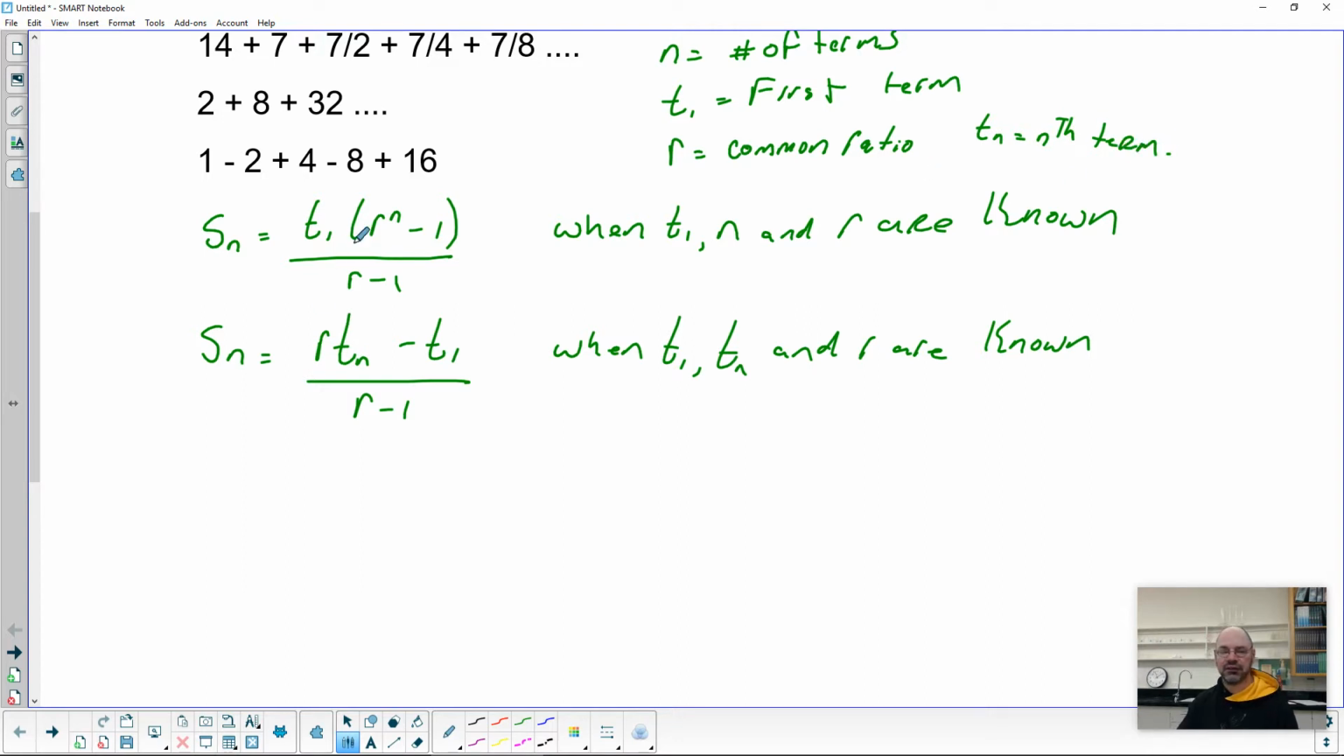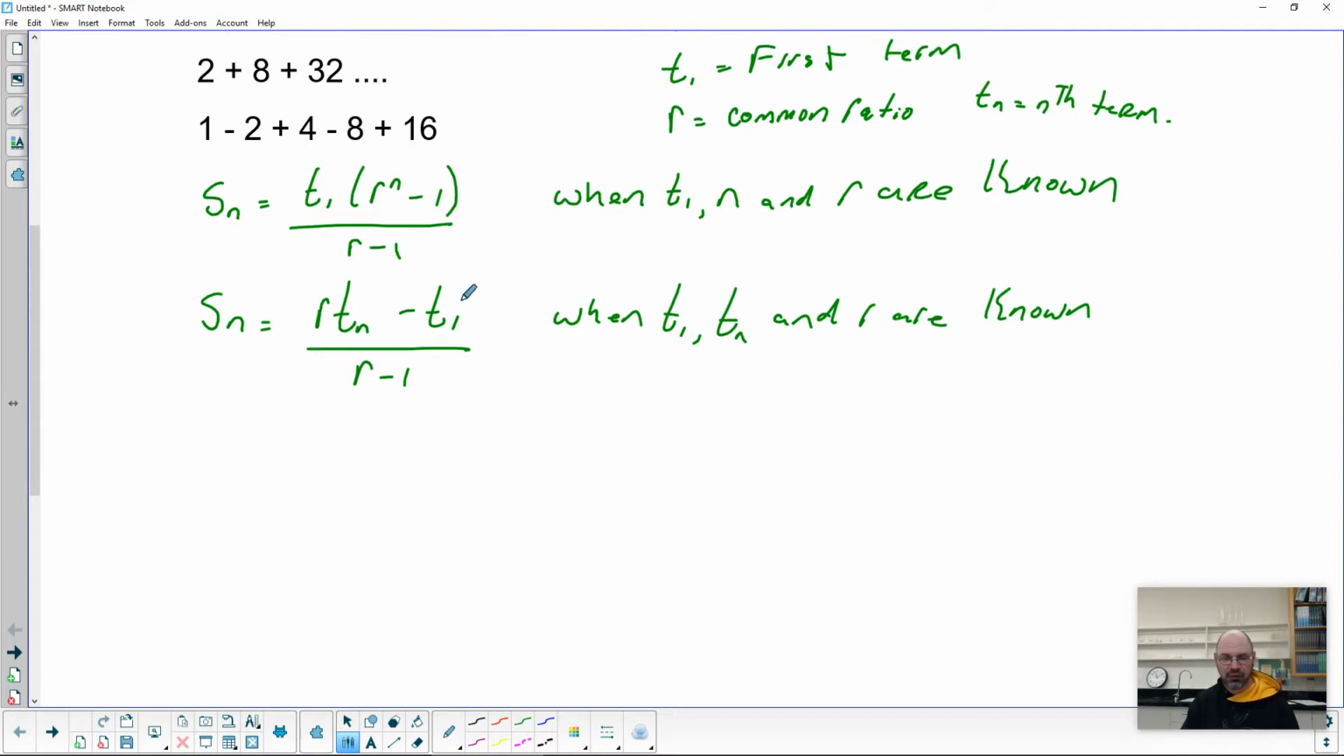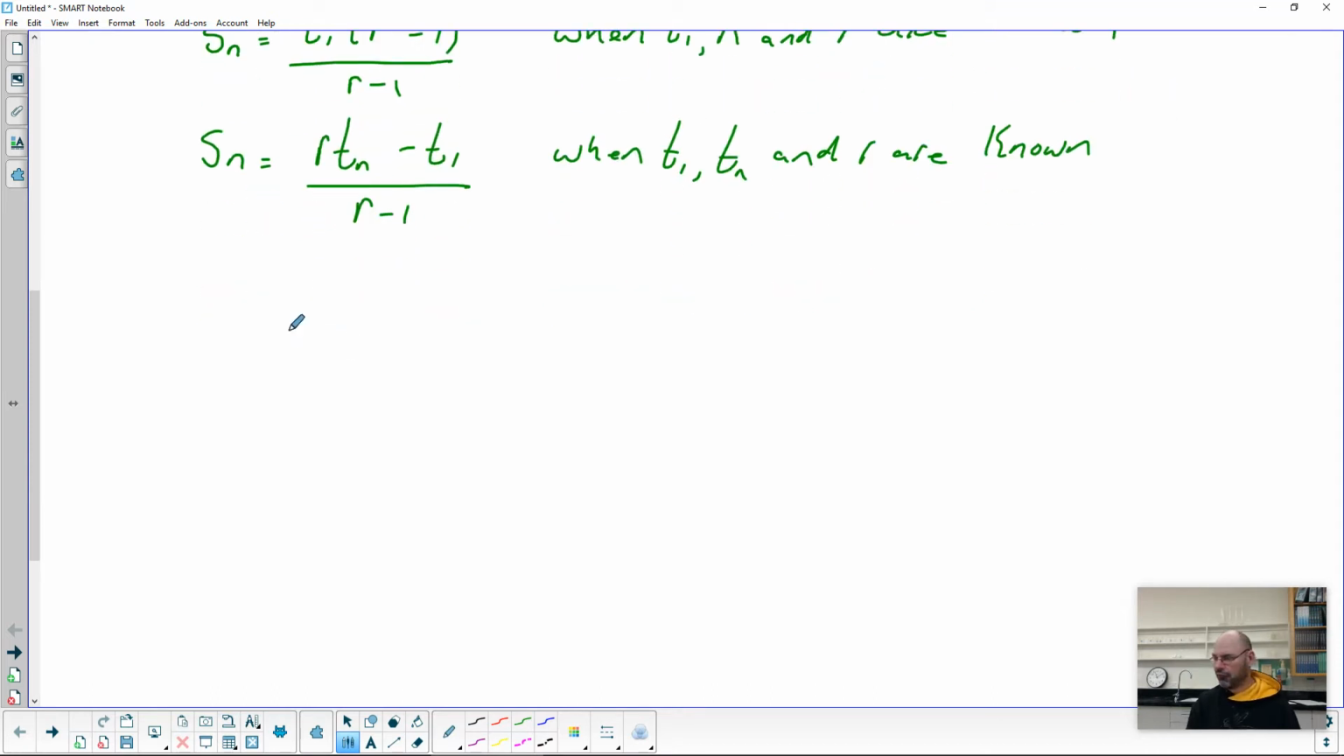Okay, so there's our two formulas that we're going to work with. We're going to do some examples with this. We have about 4 examples that I want to do with you. The first couple I'm going to do is just applying these two formulas. So if I had a sequence, or a series, pardon me,